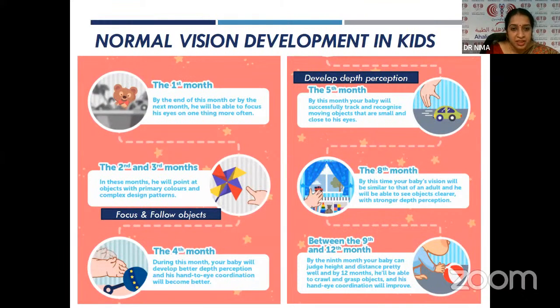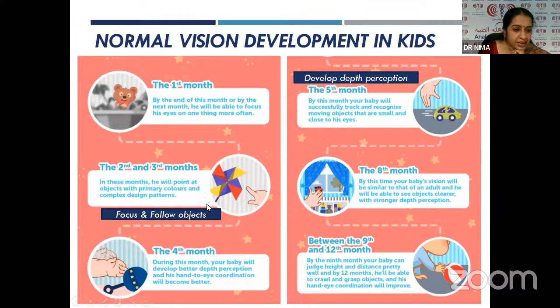Then I just want to mention a few lines regarding the normal vision development in kids, especially starting from the newborn. As the child is born, he can see clearly, and his vision starts to develop slowly. By the end of the first month, the central vision will be developing, and a few connections are made between the retina and the brain, and the child starts to see. And in the first month, he begins to focus on things. Not all things, but sometimes he will try to focus on things. That is, focusing starts developing from the first month.